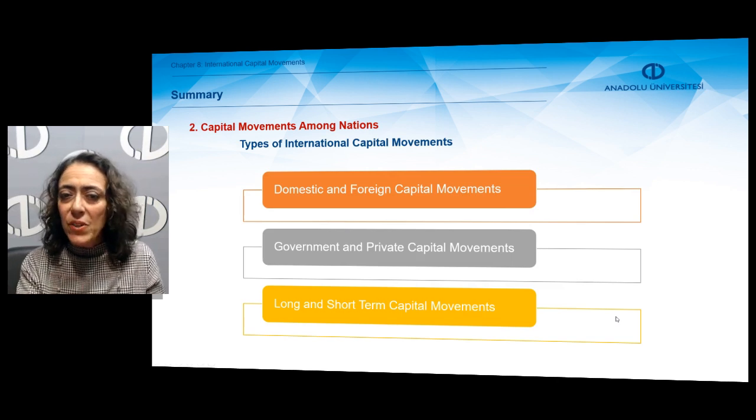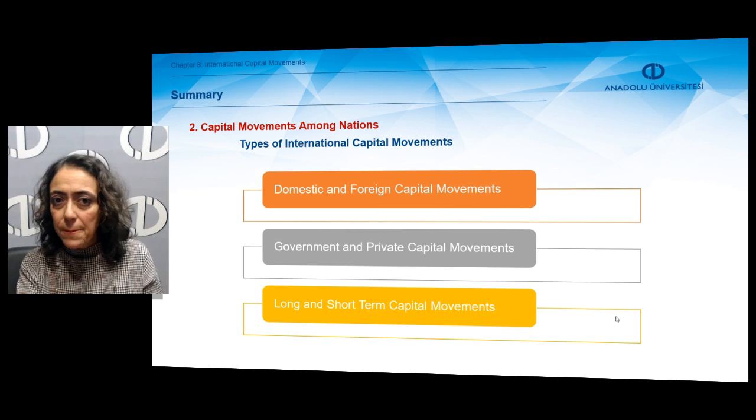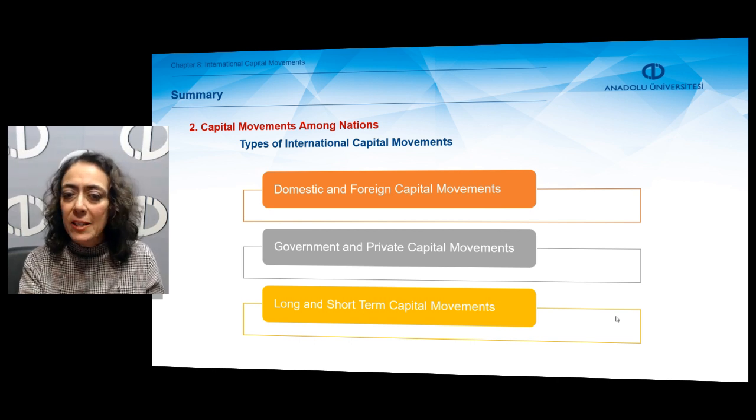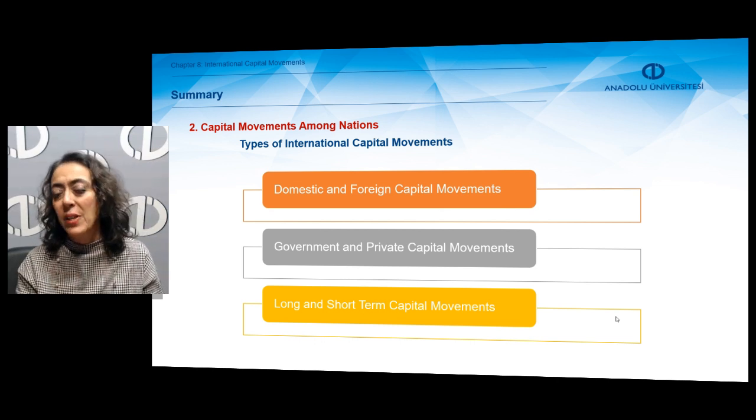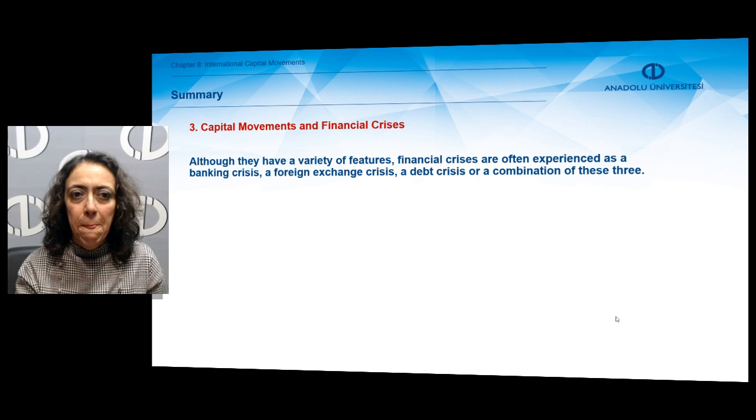Well, what are the types of international capital movements? We have domestic and foreign capital movements. We have government and private capital movements. We have long and short-term capital movements. Well,